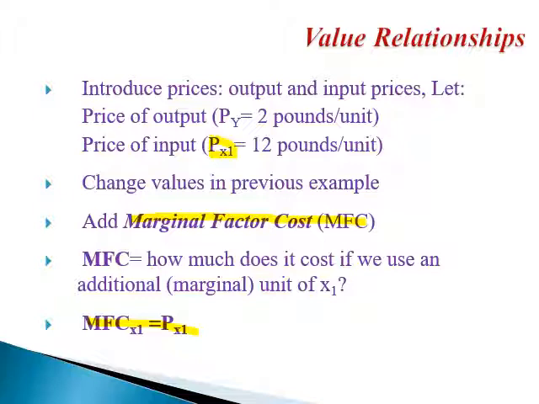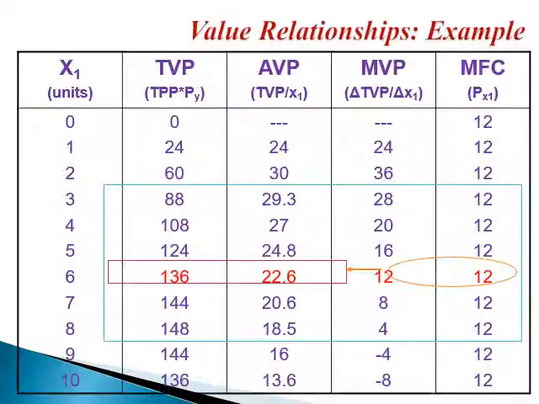Now we are going to jump to our next slides, but remember also all the time that P of Y is 2 pounds a unit and the P of X1 is 12 pounds a unit. And the marginal factor cost is the same as the unit price of the variable. Now I developed a table out of the first table that we saw before. Okay, remember we saw a table before. Out of the first table, remember this is the same X1 that we had before. Okay, and this is, as you can see, marginal factor cost, which is the unit price of X1. Remember I said that it is constant and fixed at 12